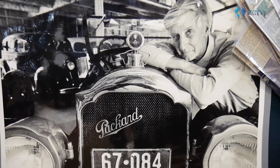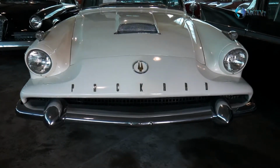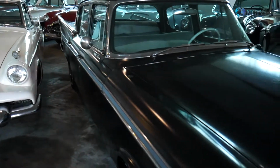Otherwise we'd still be doing everything by hand and with horses and so on, and that wasn't going to work with the increasing population of the world. So I think the good Lord knew that, and he brought along that industry and machinery and steam engines and everything that came since. Preserving it was the important thing for my father, to show our guests and visitors a bit of the past, especially as we line the Packards up to show the evolution of the motor car. It just happens to be the Packards because